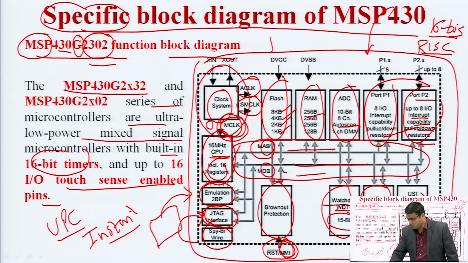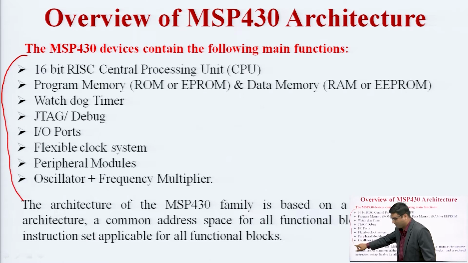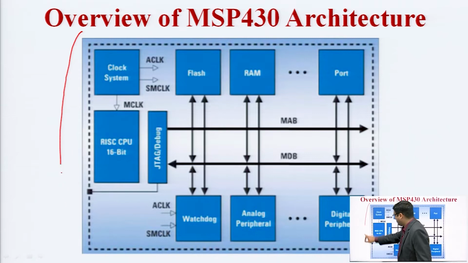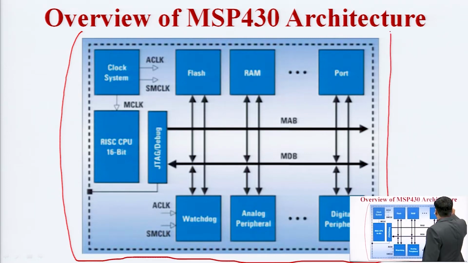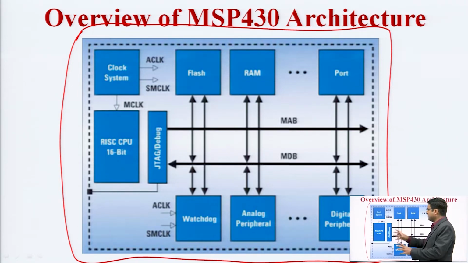After that, we will see some of the most important functions of the MSP 430 architecture. In the previous lecture, we have seen the detailed explanation of each and every function. Today, we will discuss some important functions of MSP 430. So in the architecture, we will first see the architecture of MSP 430. This is the architecture of the 430 microcontroller. We have seen the block diagram, with the detailed description of each and every block. Now in the architecture, we will see just an overview of the MSP 430.